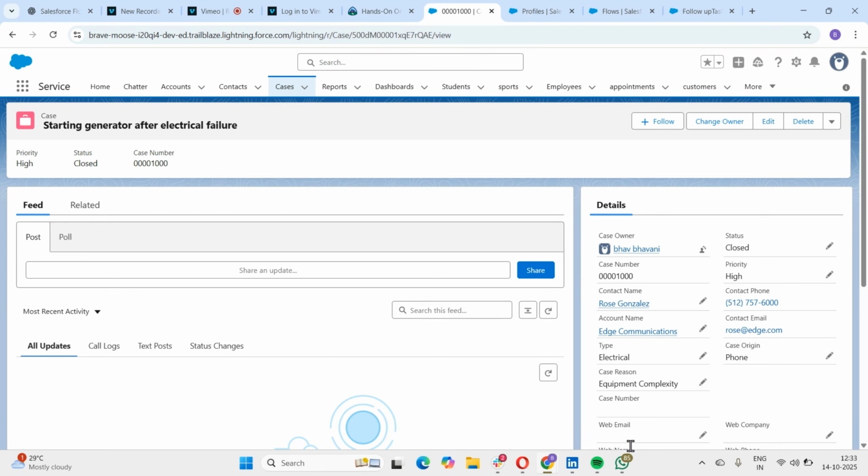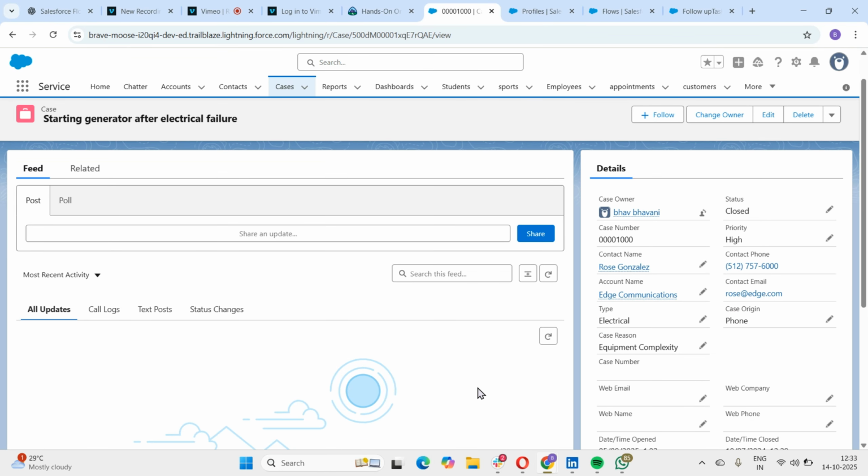If you have added any email alert, the owner should get the email alert, but we have not added anything, right? So the email will not be coming for us. Once you see the brand new task "Follow up on closed high priority case," that means your auto-launched flow is working exactly as expected. It might take some time for us to show the